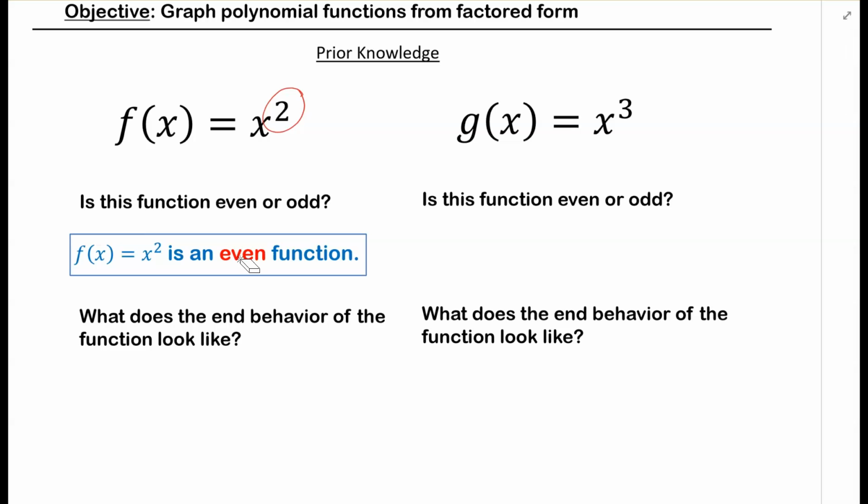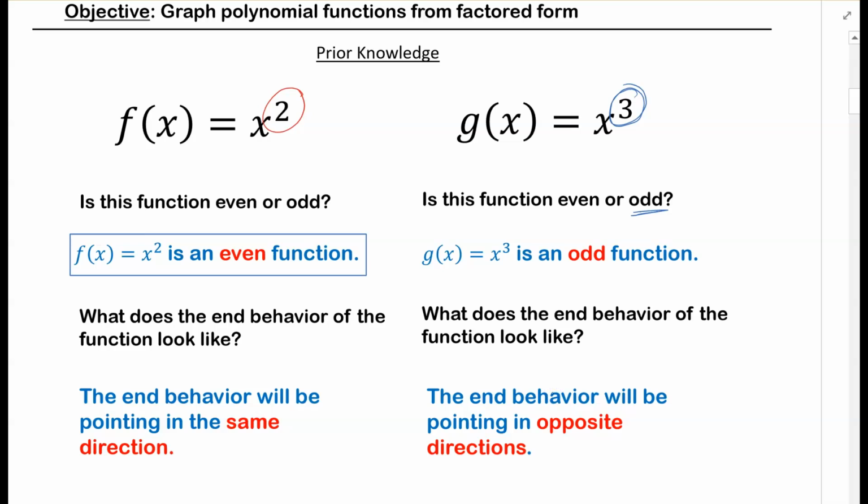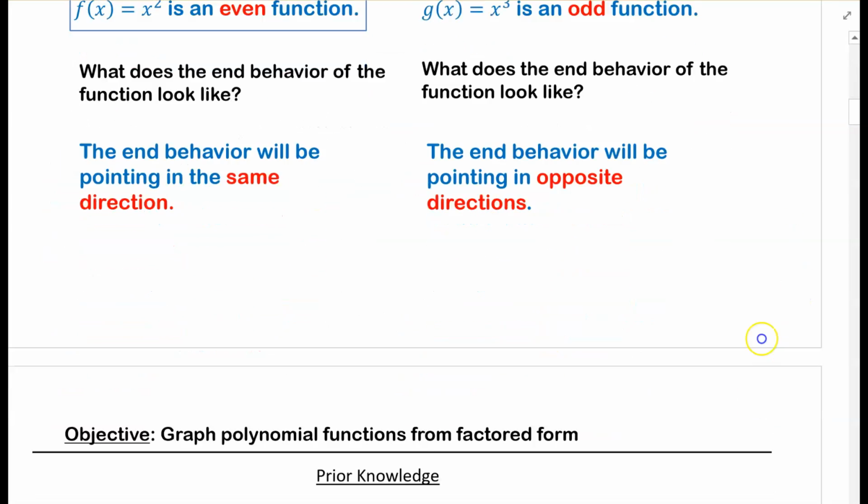And if I want to know what the end behavior of the function looks like, because it's even, your end behavior actually ends up pointing in the same direction. When I have g of x equals x to the third, because this is x cubed and 3 is odd, then I know that g of x equals x to the third is an odd function. And for odd functions, the end behavior ends up pointing in opposite directions. So opposite directions is an odd function. And this is going to be important later on,